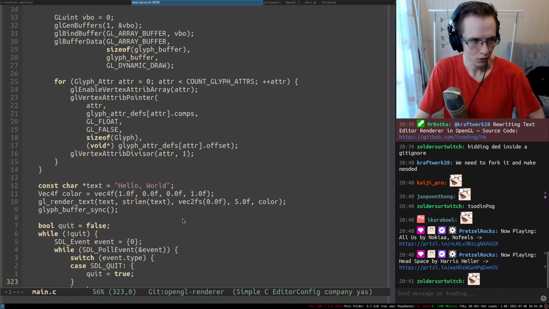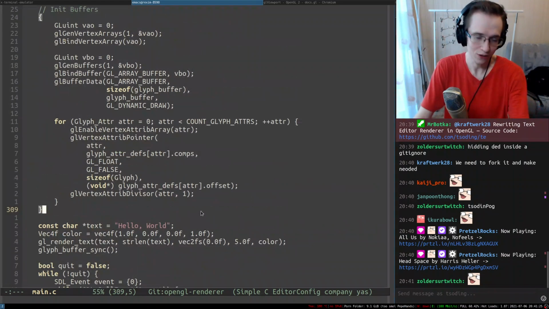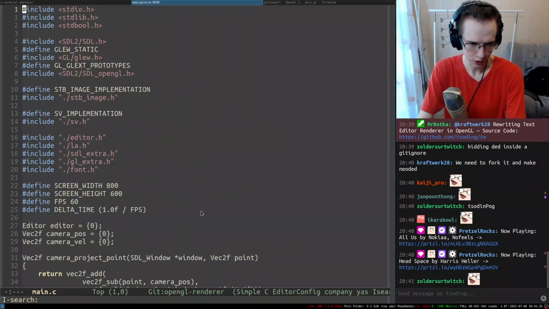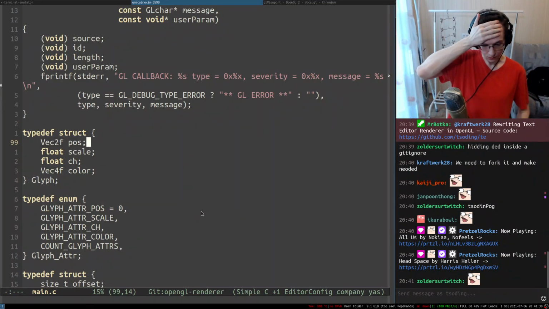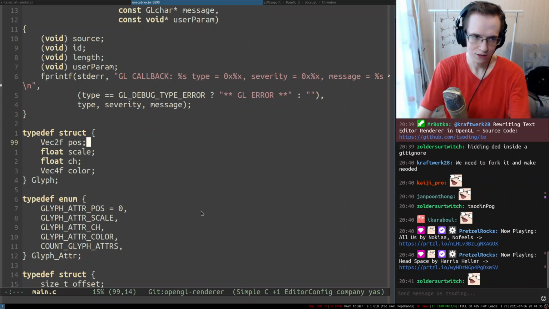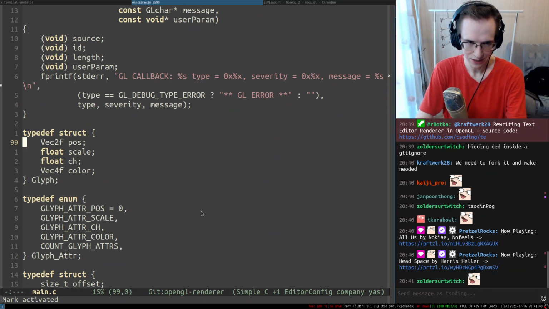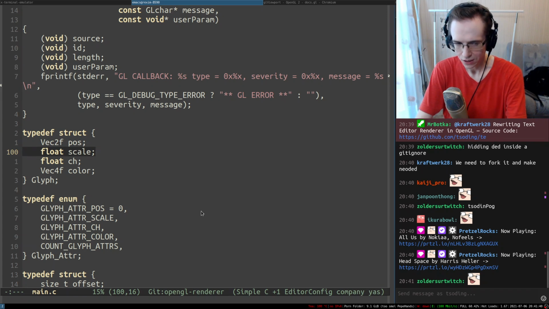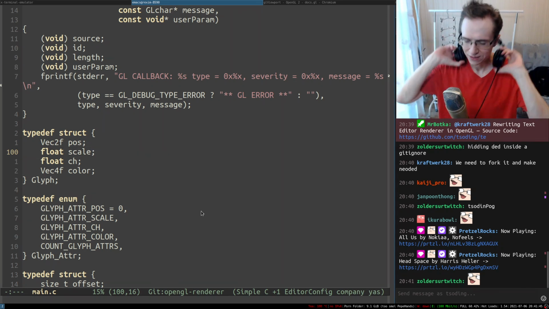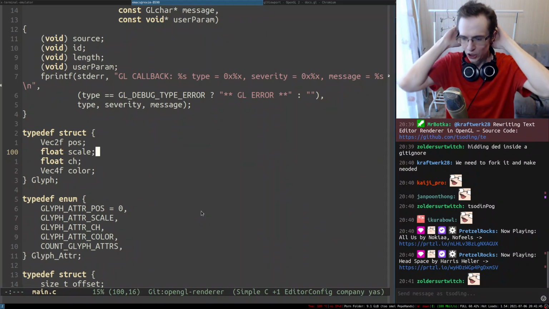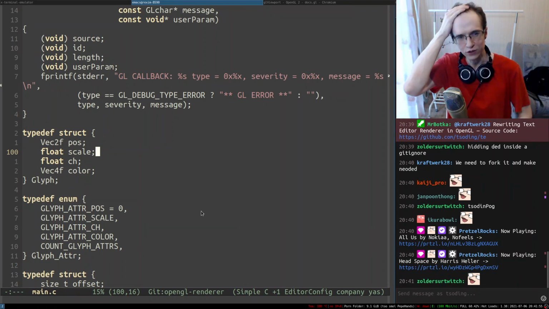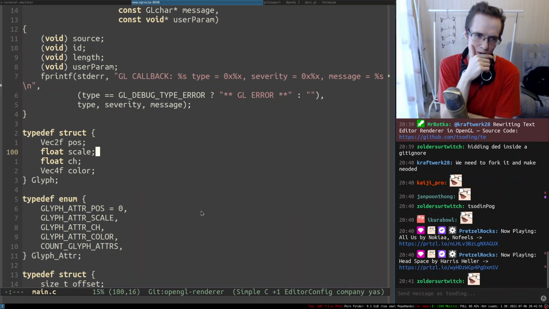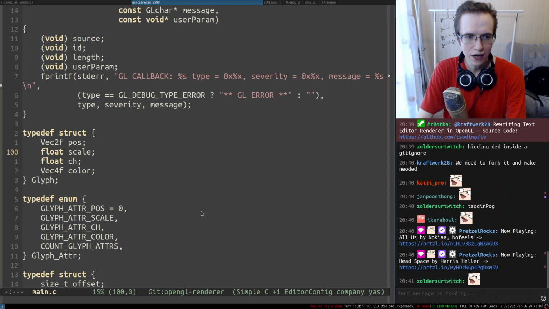So the next thing I wanted to do is actually change the way we render the glyphs. Right now, when we're rendering the glyphs, we are providing an absolute position and also a very specific scale. But what's interesting is that we have some sort of tile renderer. We're not going to be changing the scale between different characters. At least I don't see any reason to do so. So maybe scale could be a uniform.